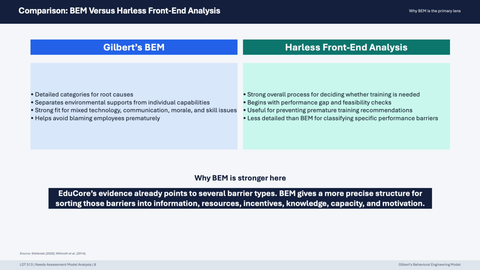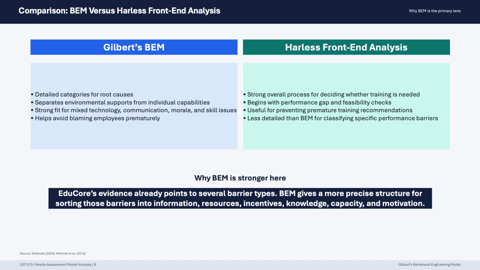BEM compared to HALES. HALES front-end analysis is another suitable model for this case. It provides a strong overall process for comparing current and desired performance, investigating root causes, determining whether training is needed, and assessing the feasibility of possible interventions. However, I selected BEM as a primary model because it gives a more detailed structure for organizing EduCore's specific performance